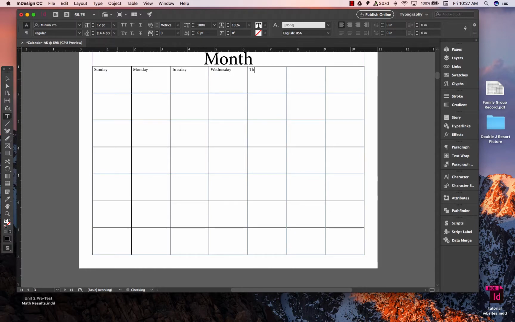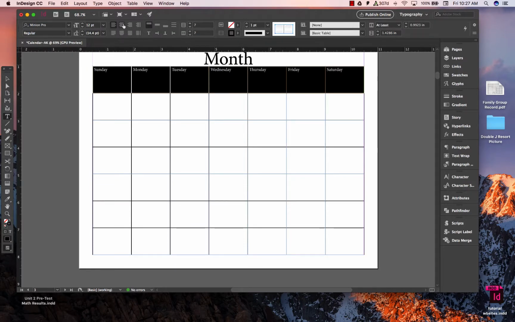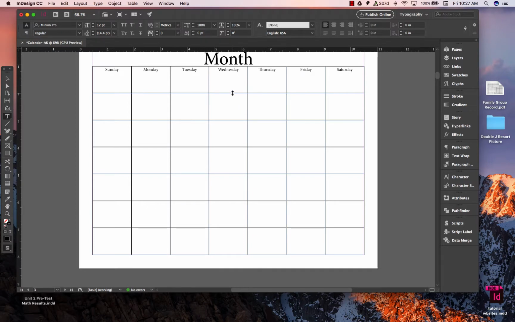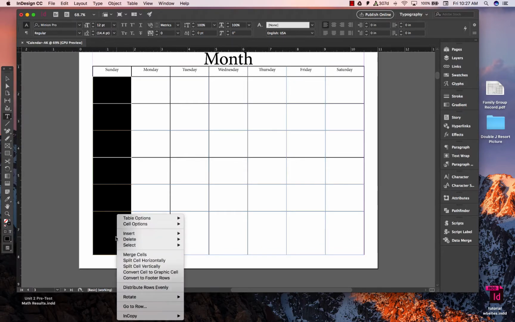Wednesday, Thursday, Friday, and last but not least, Saturday. You can manipulate your type. You can get it however you want it to be. If you don't want this box to be as tall as the other ones, you can shorten it. But do bring this back down and make sure that the rest of your rows are distributed